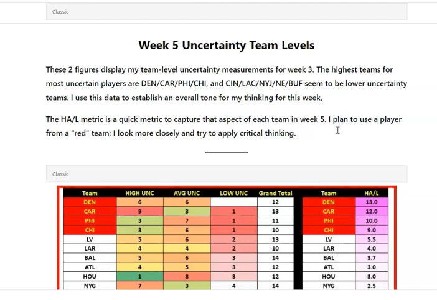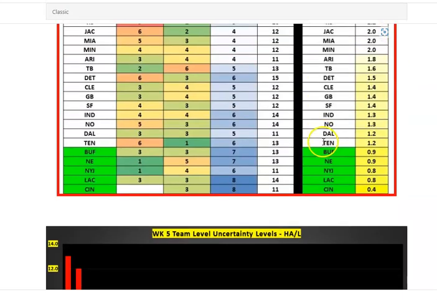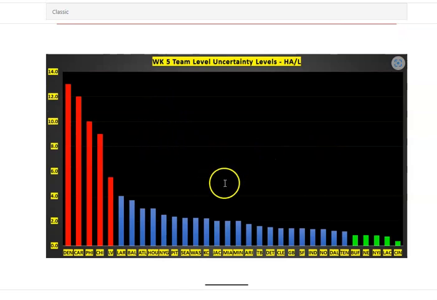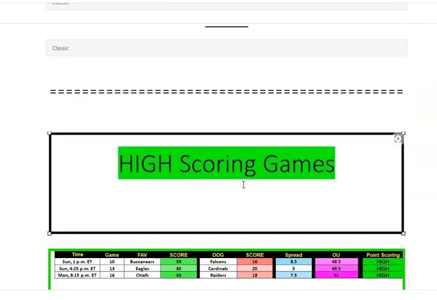Look at Indianapolis Thursday. Nyheim Hines, first thing out of the box, he's got a concussion and is out. That changed the whole game plan, and that just changed the whole journey of that game. And you couldn't have predicted that. So consider that. Here's the uncertainty levels. You can kind of see what I'm seeing there.